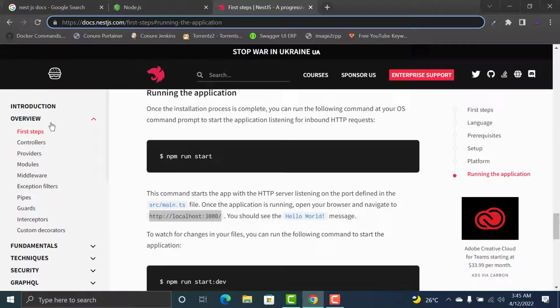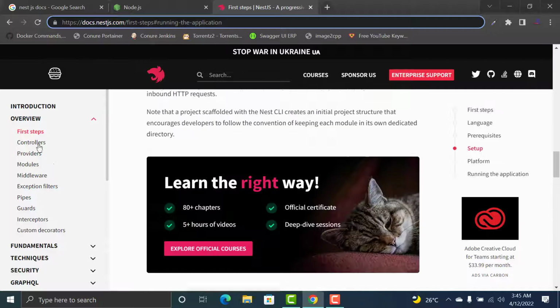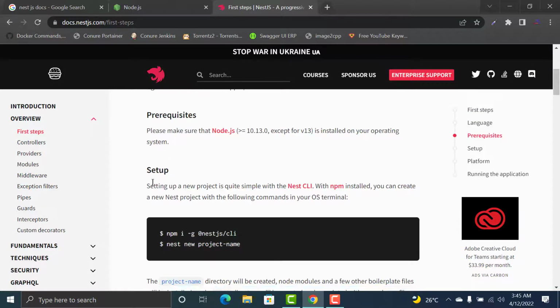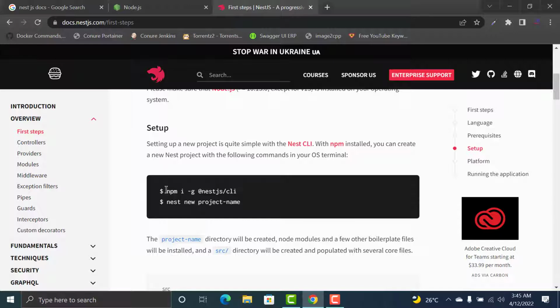docs.nestjs.com. Okay, so it's saying running the application. So just go to the first steps, and right over here if you scroll down, you can see that we have to install this CLI, as well as create the new project. Okay, so this command installs the NestJs CLI globally in your computer, and the next command creates the very first project. Okay, so before running these commands, just make sure that you have Node.js installed in your